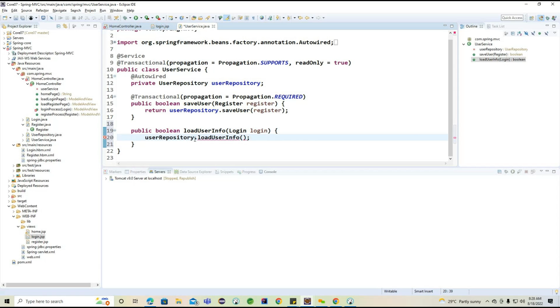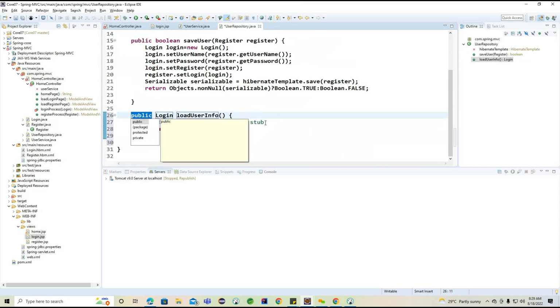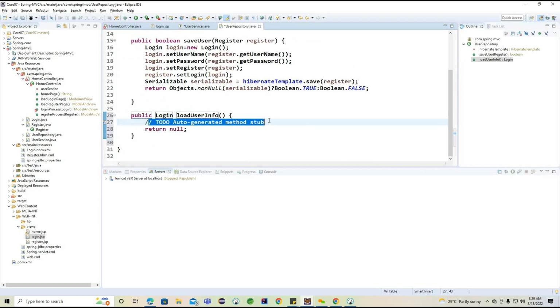Okay, load user info. I'm not going to provide any parameter. So it will try to return the login here. Okay, so this is what I'm going to load. So login here is already available, right? Valid login. Okay, now let me create this particular method inside this particular user repository. Now here what we can do,